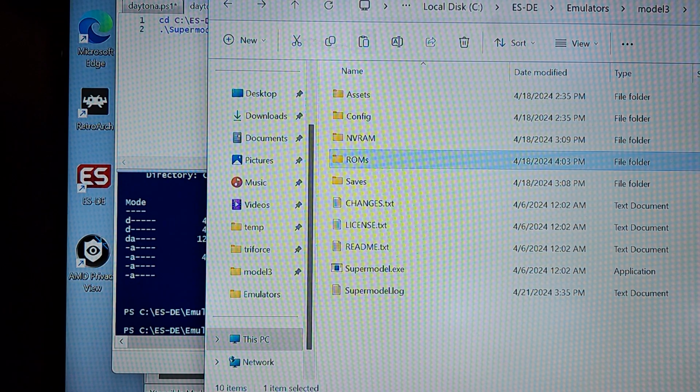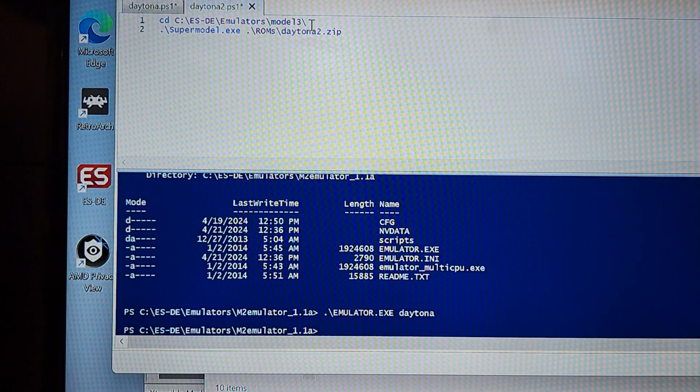So what I do is I tell the command to go to this folder where the emulator is, run the emulator, hit ROMs, which is in the same folder I'm already in, and then the name of the zip file. Whether or not you guys think that's cool, great. I haven't made the whole list of these yet, but I'm also